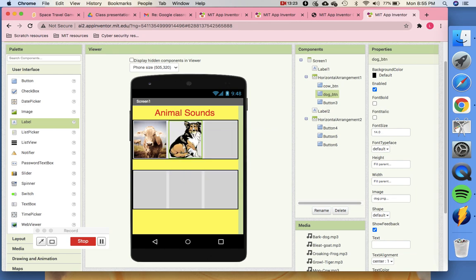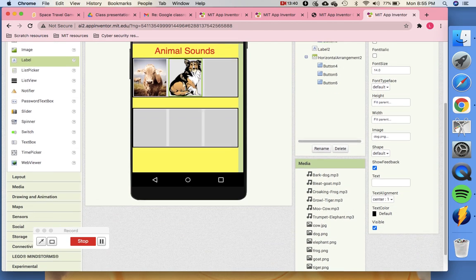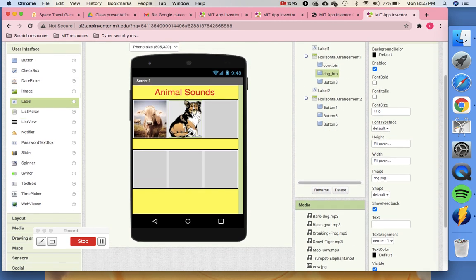Click OK. Similarly, you can put another image in Button 3 and rename it. I will leave you to do the rest of the buttons. You can do it really very quickly. I'm going to finish this and then start the video from there, so that not too much time is spent on this video, but you have to do it yourself.